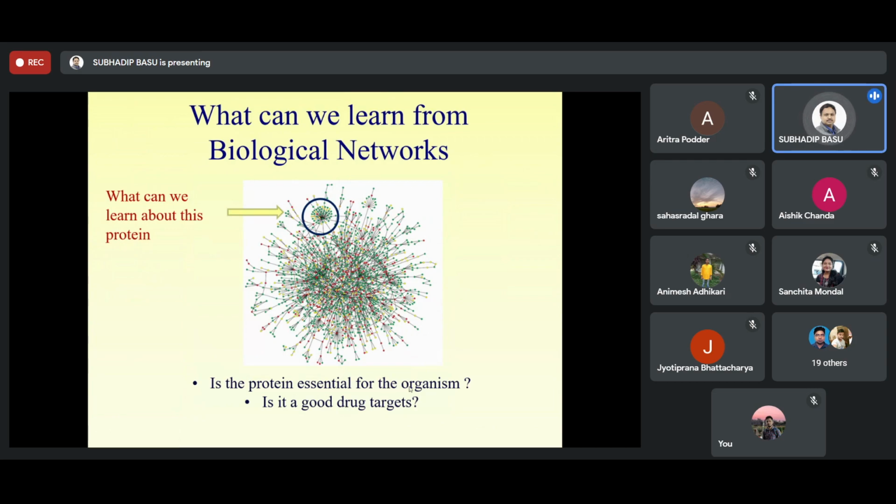When you have an essential protein for the organism, then this can be an essential drug target. It is also, unfortunately, a popular target for a virus. When you have a viral protein or pathogen, any disease, when there are certain